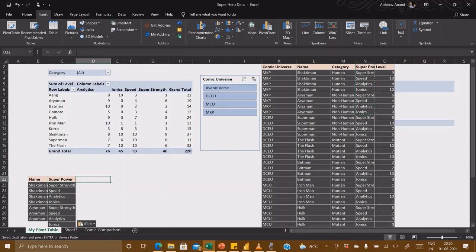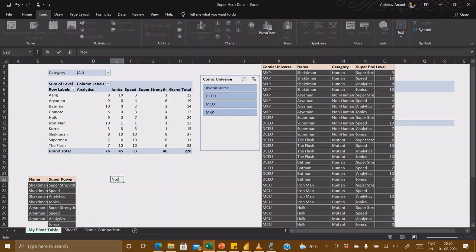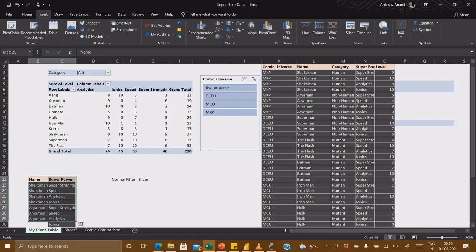And if I bring in all of these filters together, like the normal filter and this slicer also, then this complete thing is our filter context. So what does this mean? Filter context means it includes each of the filters getting applied.